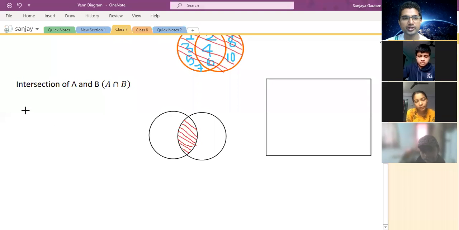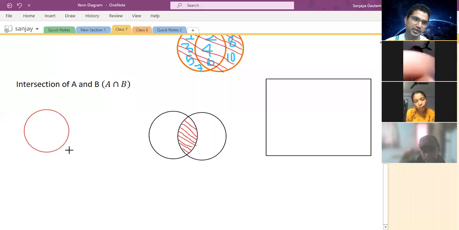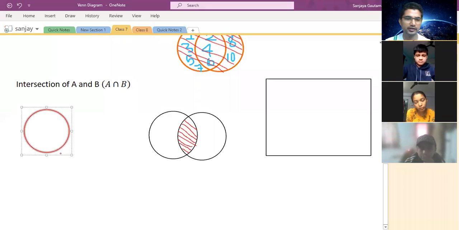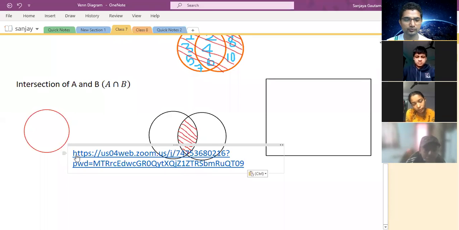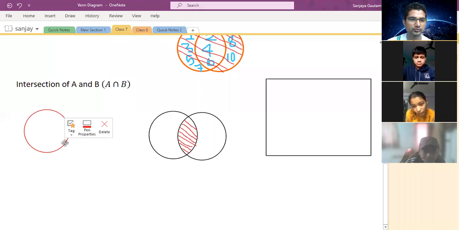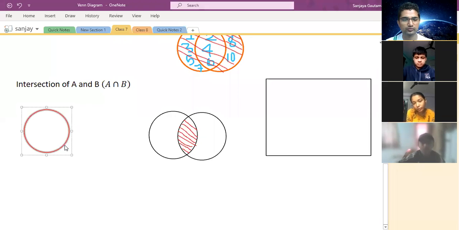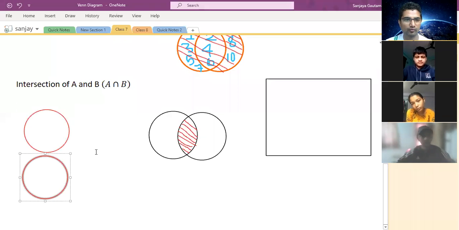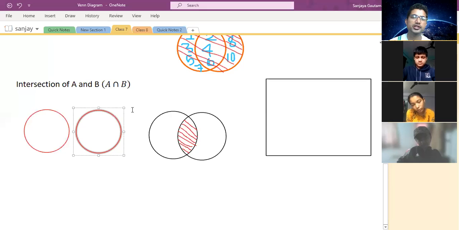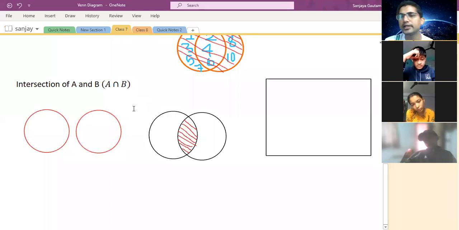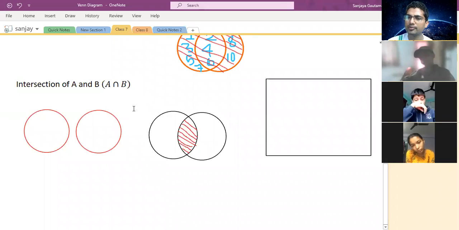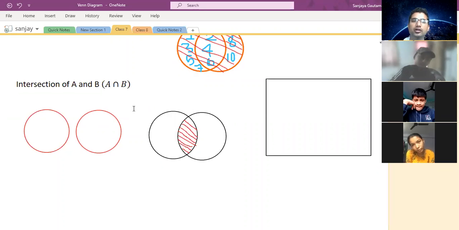This means the set which represents the common members, is it? If there are no common members, then what will we do? Okay, so this is the case of different sets. Since there are no common members, there is no intersection. Is it? Member common छैन भने हामी केही पनि गर्न सक्दैनौँ, खाली छोड्छौँ, ठीक छ?